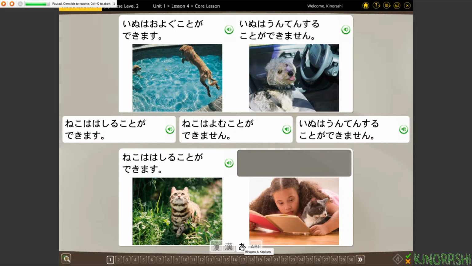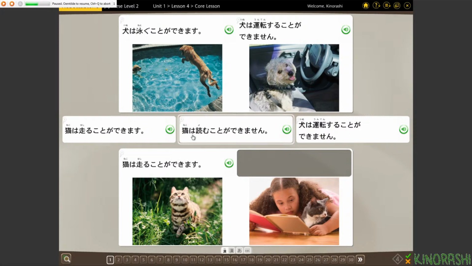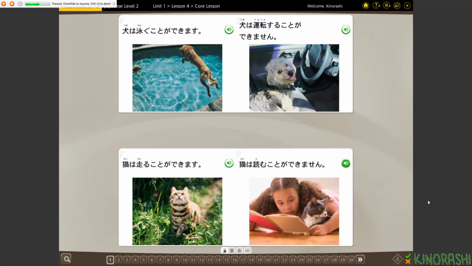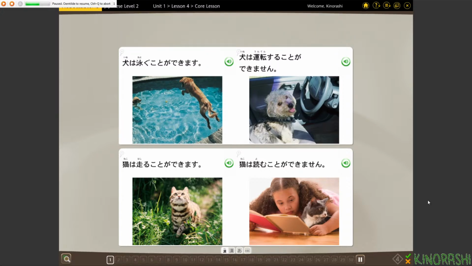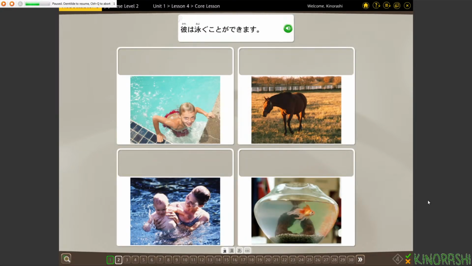猫は読むことができます。猫, yomu. Yes, that is the symbol used in yonde. 猫は読むことができません。 Yeah, 猫は読むことができません。 彼は泳ぐことができます。彼、泳ぐ。